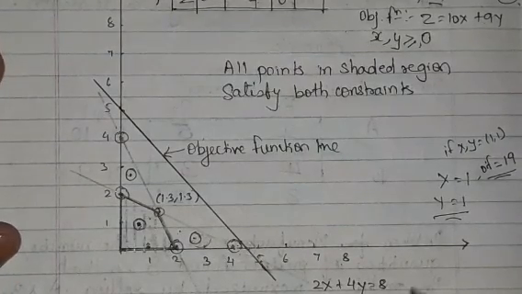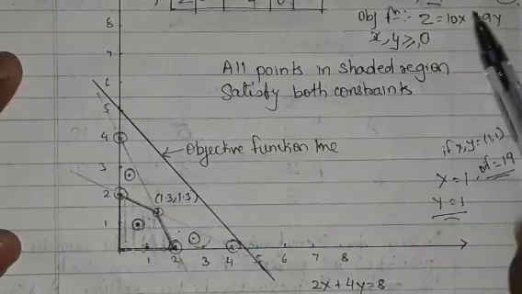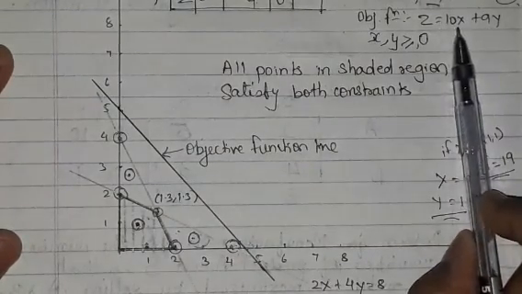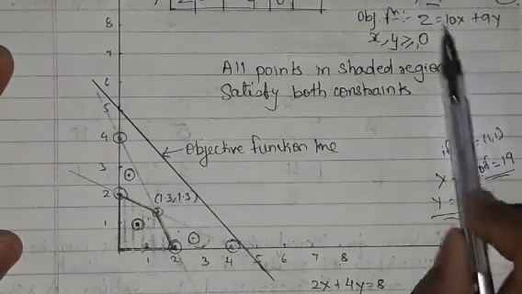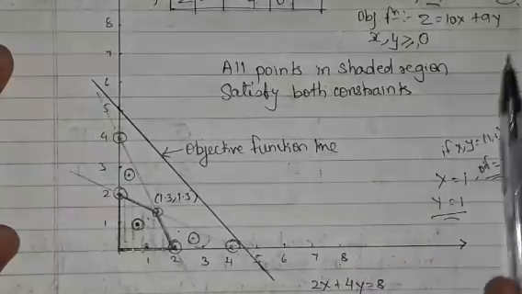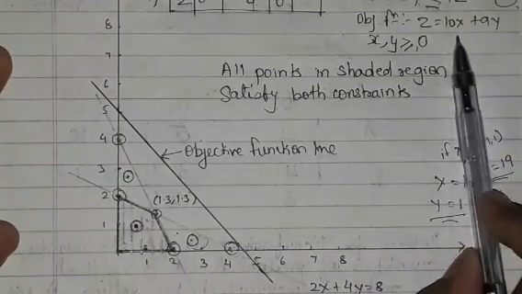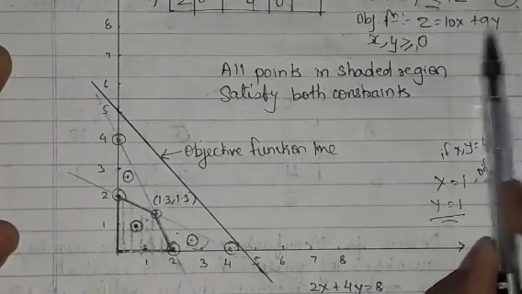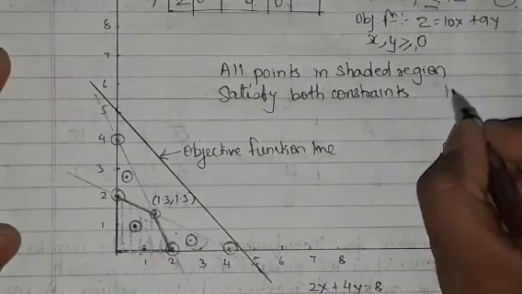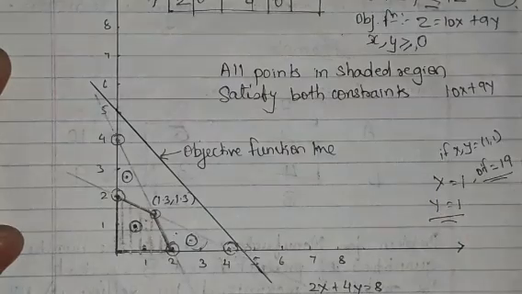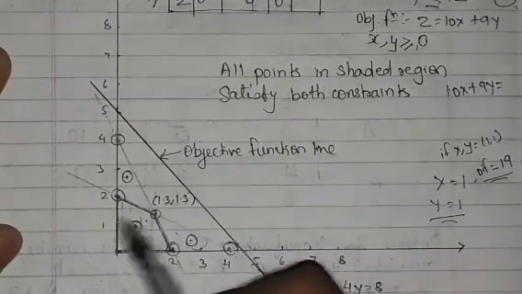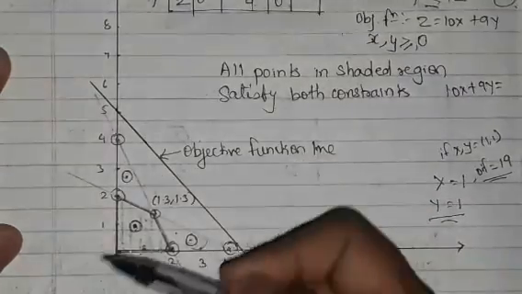So what I am going to do is draw a line of the objective function. First of all, I need a slope of this objective function, and only after that can I draw this line. In simple words, I'll find a multiple of 10x plus 9y and make an equation of 10x plus 9y. I can take anything, it could be 0 also, right? But I'll not take 0, because getting 0 means I'll get a value of x and y which is difficult to draw on this